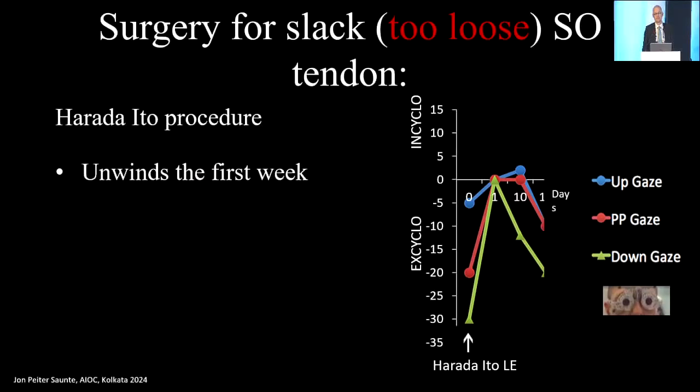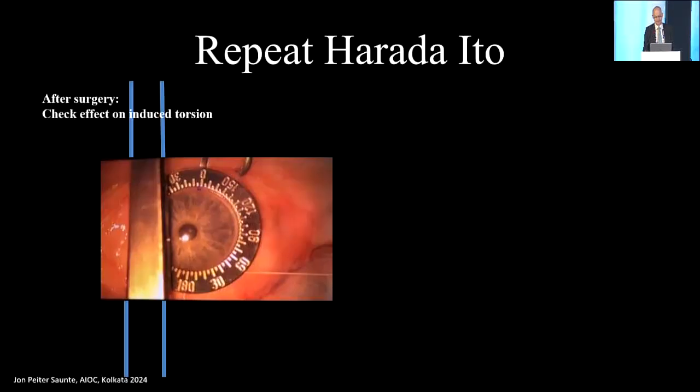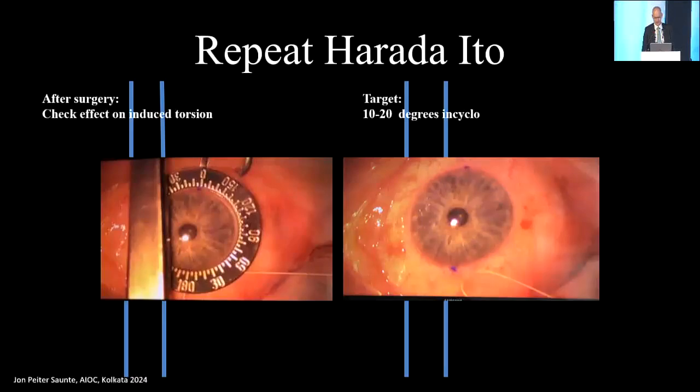We know that when we tighten the superior oblique, this will stretch, it will unwind, and during the first week it usually unwinds, we found, up to 10 degrees. And Jonathan Holmes found that if you do a unilateral Harada-Ito, you should overcorrect it 7 degrees because that's the unwinding you're expecting. And during the surgery, you can actually put some